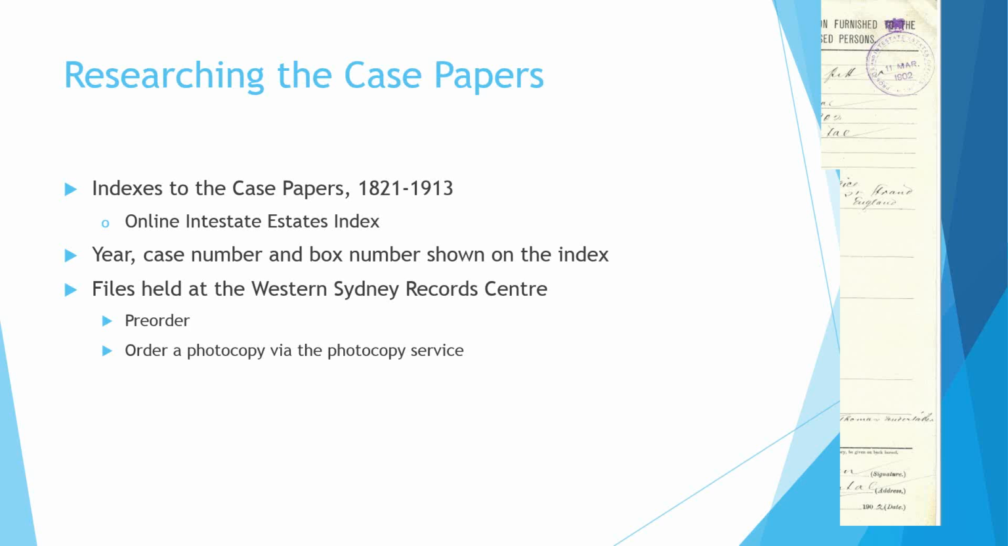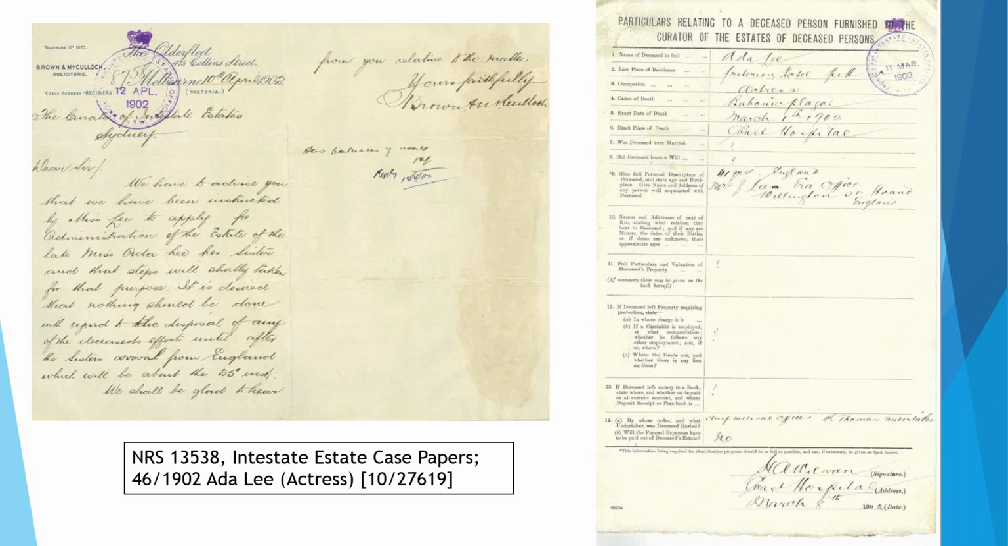Our last example for the day relates to an actress called Ada Lee. Now you can find a bit of a biography about Ada Lee online, and also a couple of marvellous photographs of her. She was a burlesque actress who worked around the colonies in the 1880s, 1890s, early 1900s, but she had the fortune, well probably misfortune really, to come to Sydney in 1902 when we were having an issue with the bubonic plague. And unfortunately she caught the plague and she died at